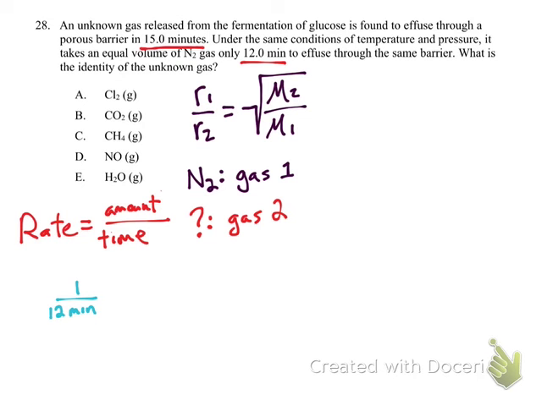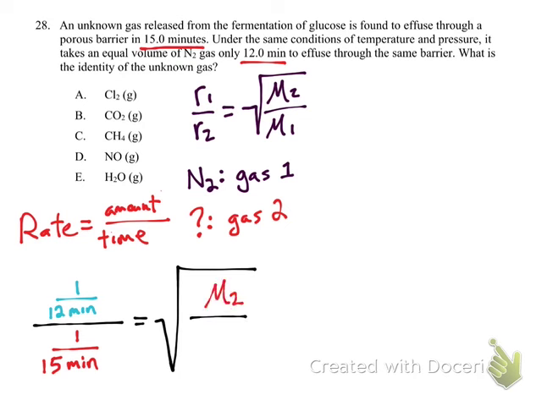So I'm just using 1 because that's the simplest amount to use. Divided by 1 divided by 15 minutes, so again we're plugging in the inverse of the time that it takes, is equal to the square root of the molar mass of our mystery gas divided by the 28 grams per